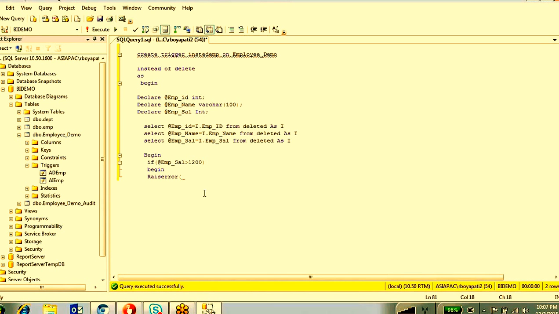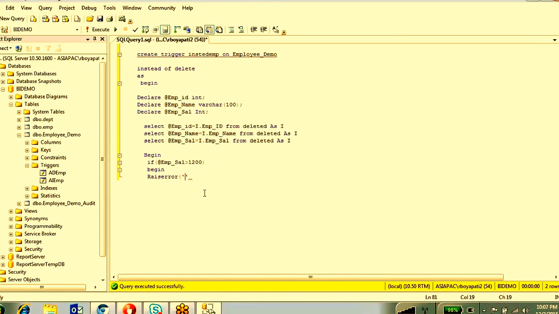What error am I going to raise here? Cannot delete the salary greater than 12,000. So if any employee has a salary greater than 12,000, whatever record you are going to delete, I don't want to allow it, I don't want to delete.